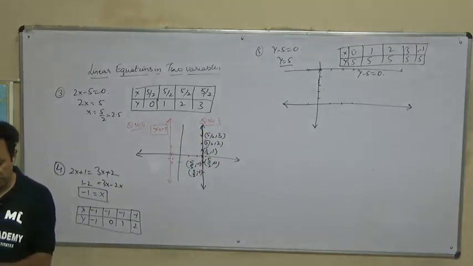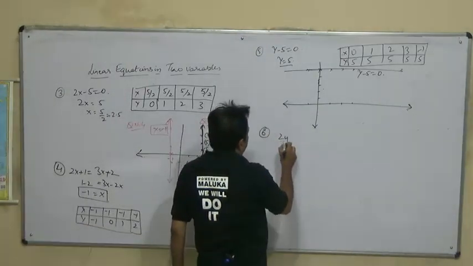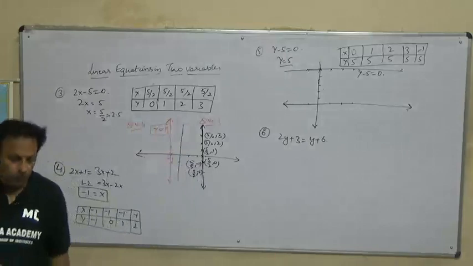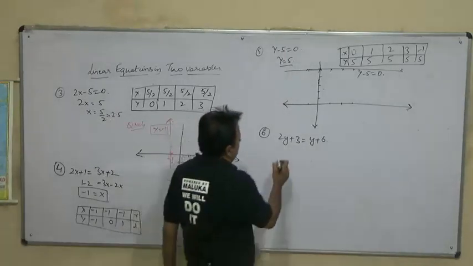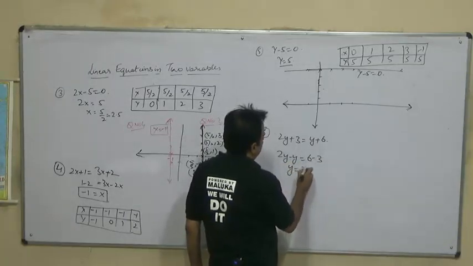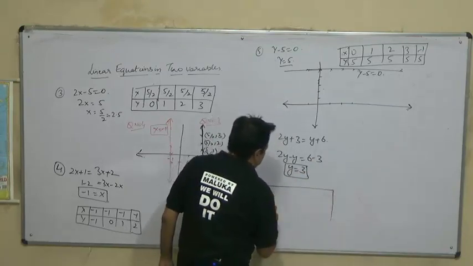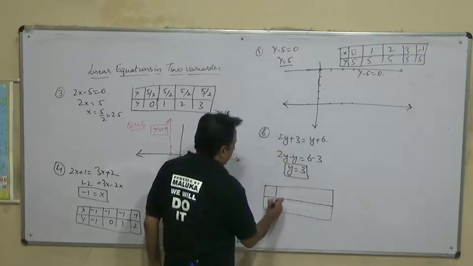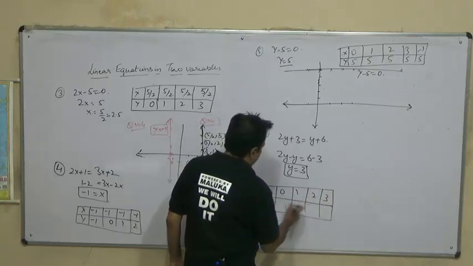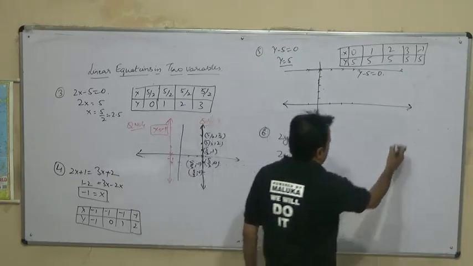Then next is 2y plus 3 is equal to y plus 6. Now we solve this equation. This will become 2y minus y is equal to 6 minus 3, y will be equal to 3. So again we generate the table for it. So table will be, y will remain 3, whatever the value of x may be. x may be 0, x may be 1, x may be 2, or it may be 3, y will be 3, 3, 3, 3. Now if we generate the graph for this,